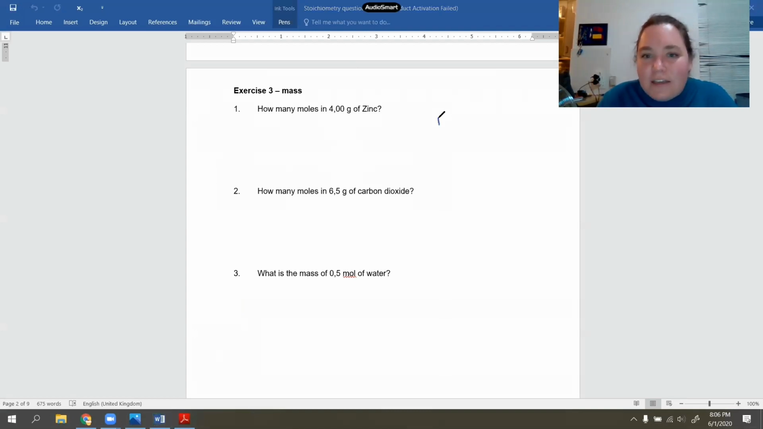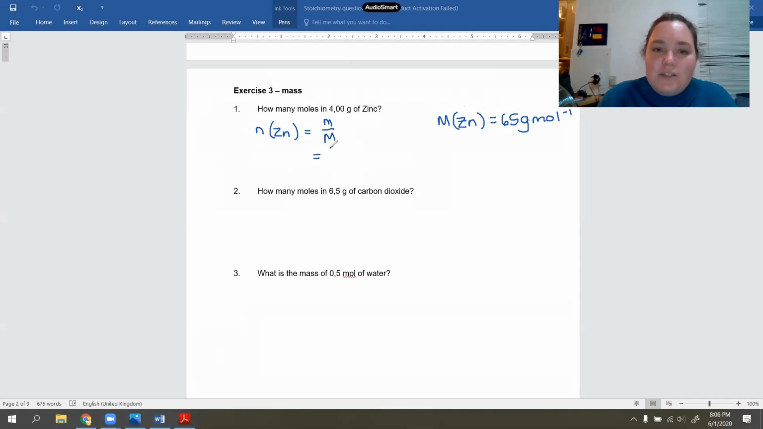I'm going to start by saying that the molar mass of zinc is 65 grams per mole. Then my number of moles of zinc is going to be my sample mass over my molar mass. So it's going to be 4 grams divided by 65. Please, if they give you things and they don't have decimal places or the decimal places are 0, you can cheat and just drop them. So 4 divided by 65 gives me an answer that I have